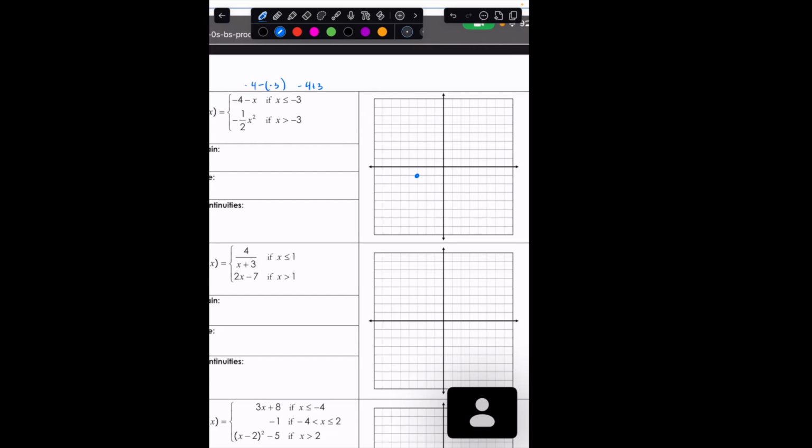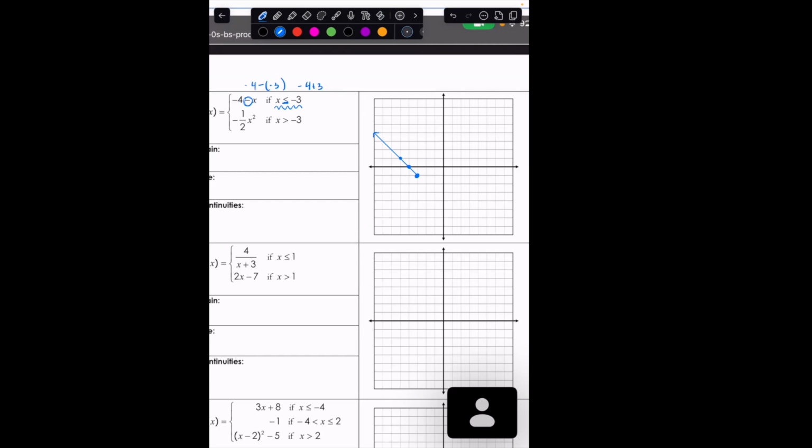And then I know my slope here is going to be -1, right? It's my coefficient in front of my x. So I have a -1 slope, but it's not any further to the right than -3, right? So this means x is less than -3. So I'm going to go back this way and then keep on going. And because this has the equal to bar under here, this is going to be a filled in circle for